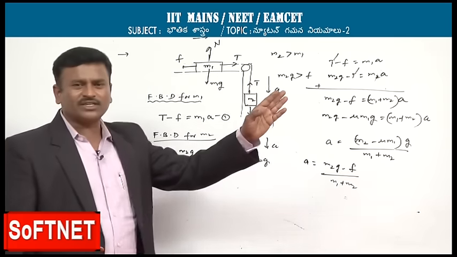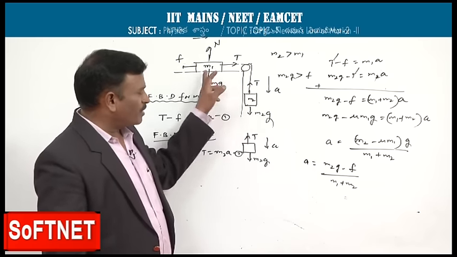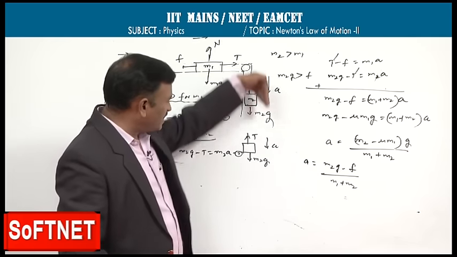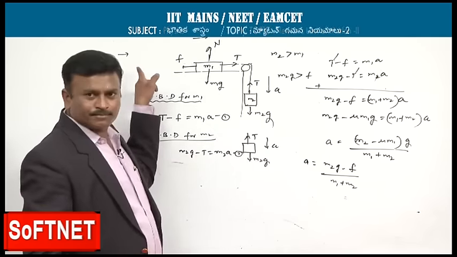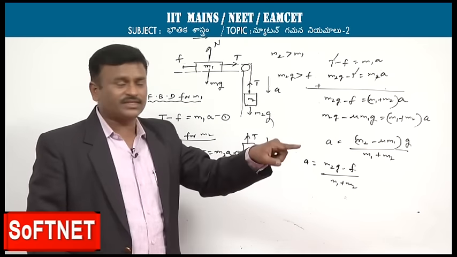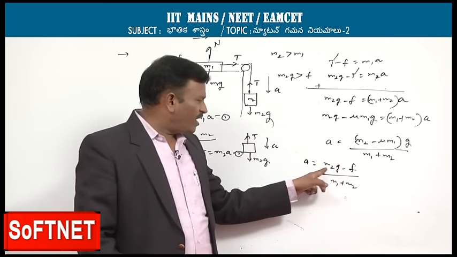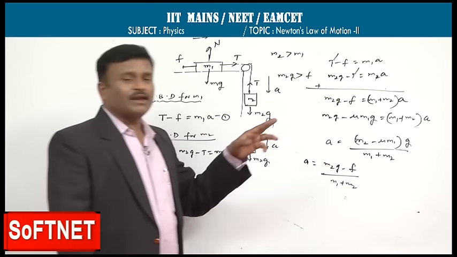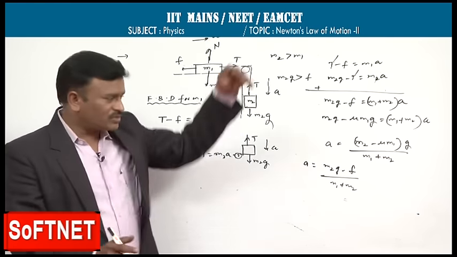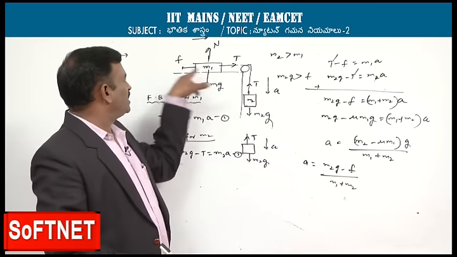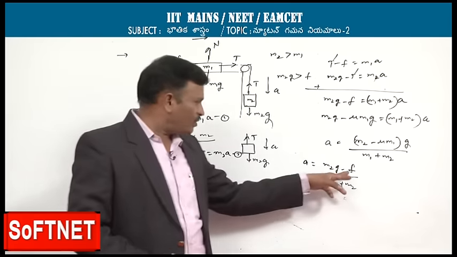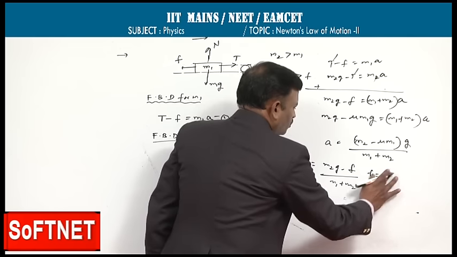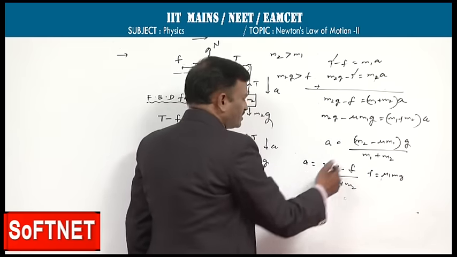Instead of writing all these equations also, the shortcut way we can go, such kind of problems we can solve very clearly. Here weight minus frictional force, weight is acting down, frictional force is acting back. In the before model, just before what we discussed, frictional force is not there, only m2g by m1 plus m2 into g we got. Now frictional force is there, the net unbalanced force will come. What exactly net unbalanced force? Downward force minus upward force. Upward force means here motion opposing force is a frictional force, that we have to subtract, then acceleration will be obtained. Obviously f you know that as mu into m1g, by substituting here the same thing will be obtained.